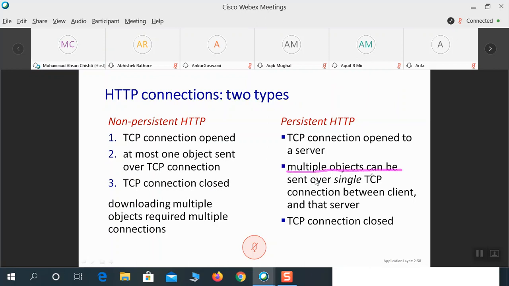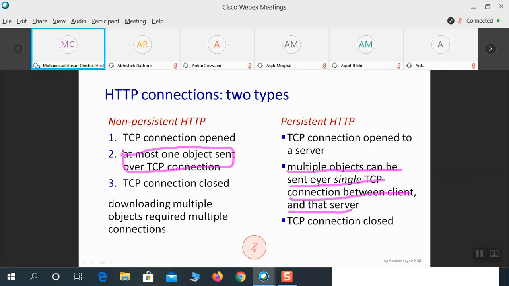Multiple objects can be sent over a single TCP connection between server and client. Whereas in non-persistent, we have at most one object sent over TCP connection. What does that mean?